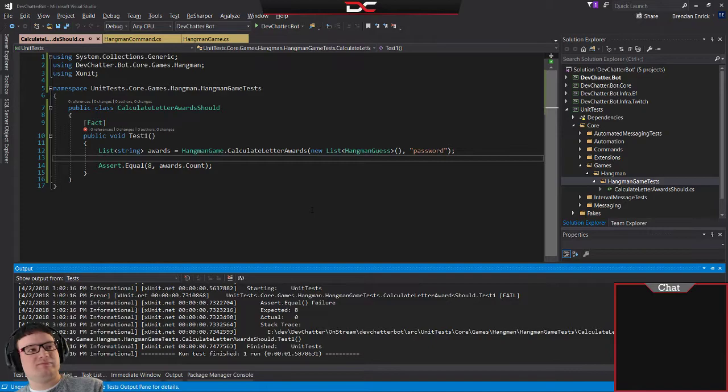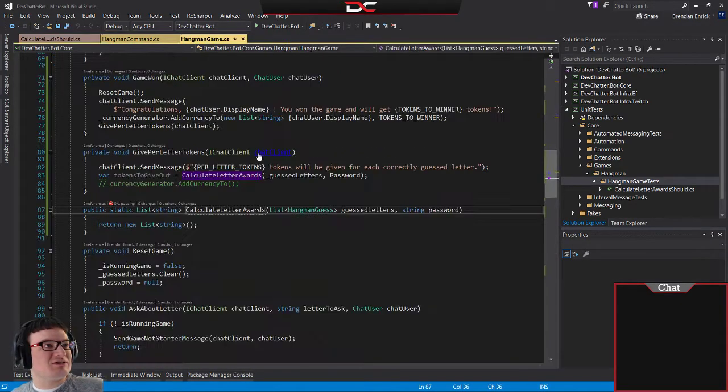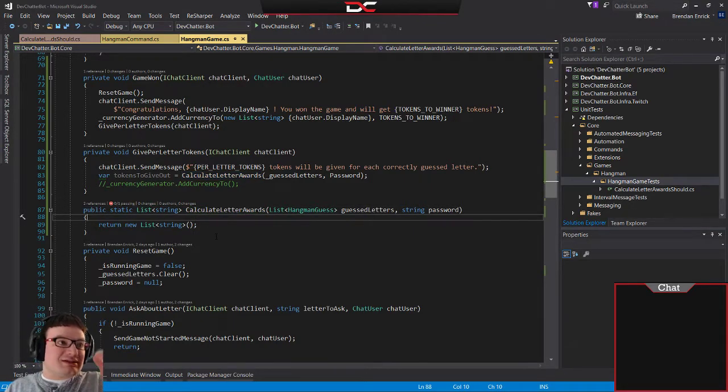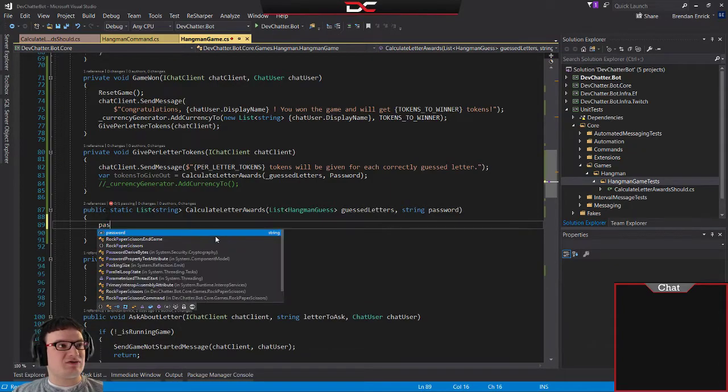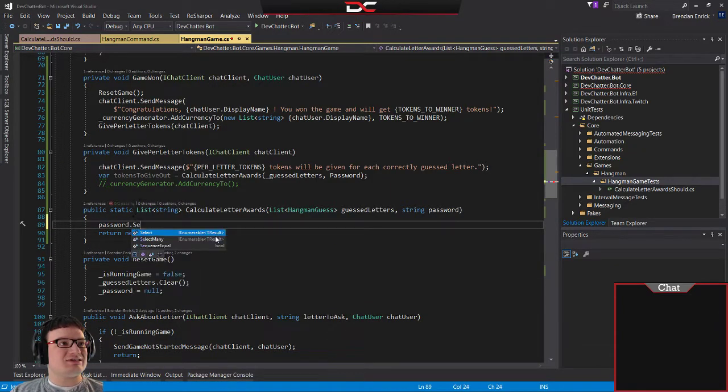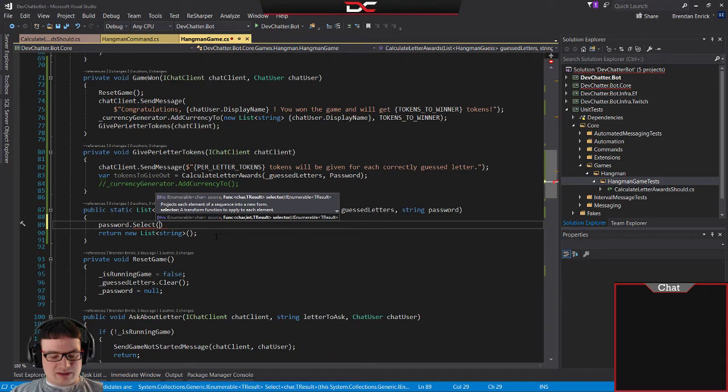Okay, so our test is failing once again, and we want to get in here and make it pass, so we're going to jump over here. The easiest thing I can do to make this pass is this. I'm going to say password.select, for each letter in this, I am going to